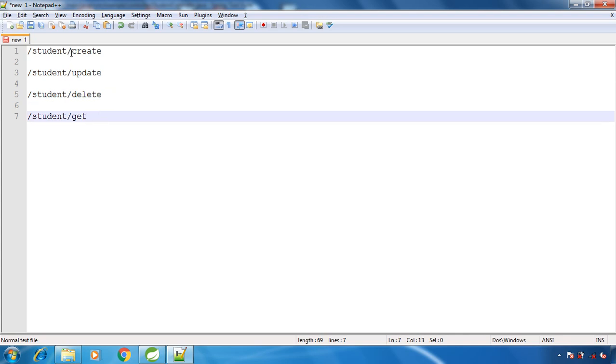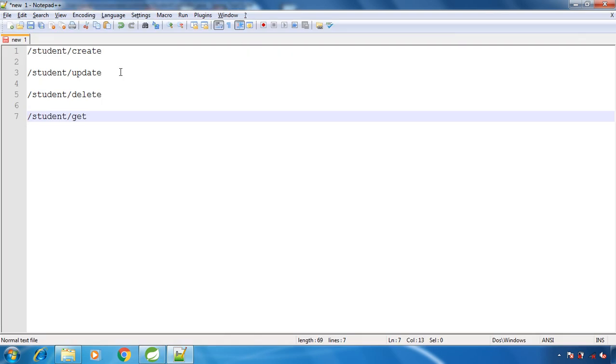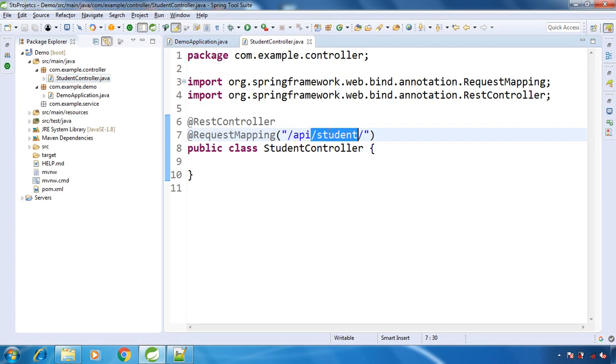Whatever APIs we have inside the student controller, we will create them as we proceed in the course. On each and every API we don't need to have this prefix. So what we did here is add /student, which you can consider a prefix on top of the controller, so that we don't need it on each and every method. This is our prefix for student.